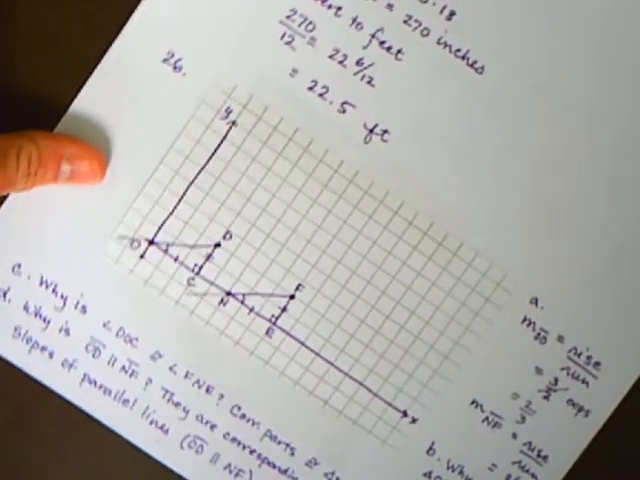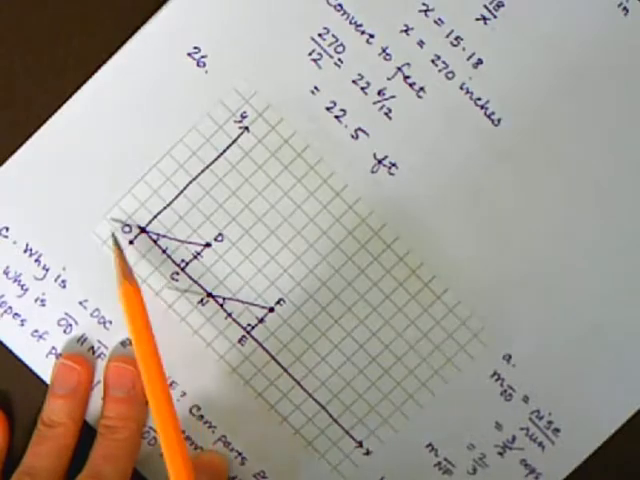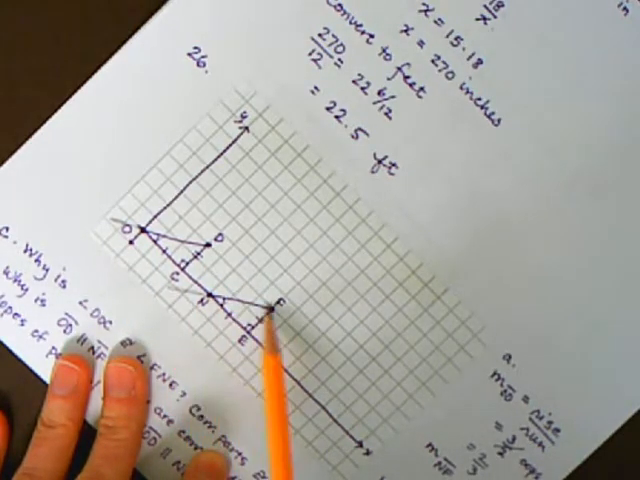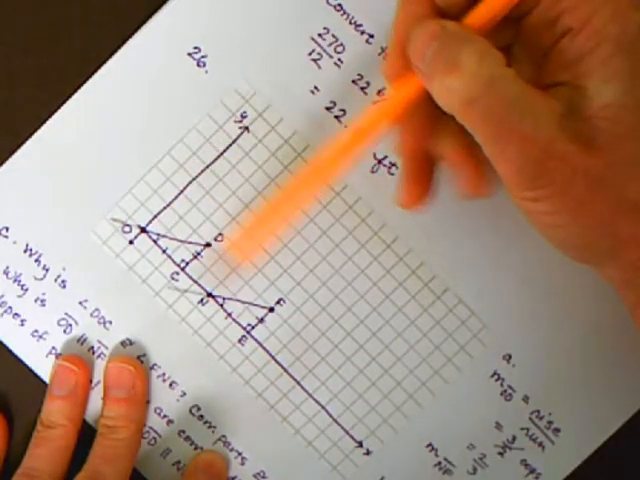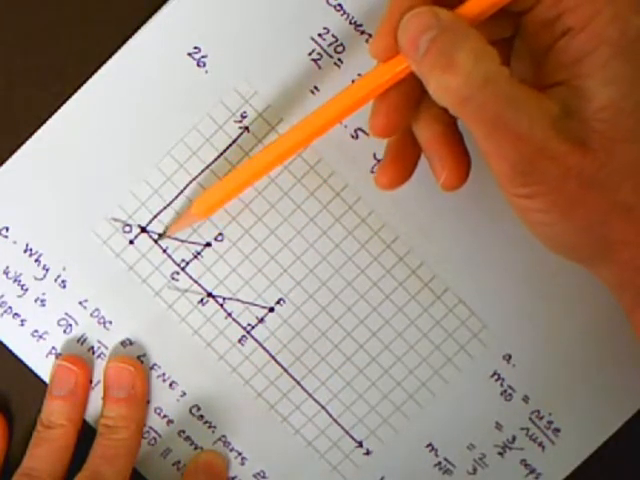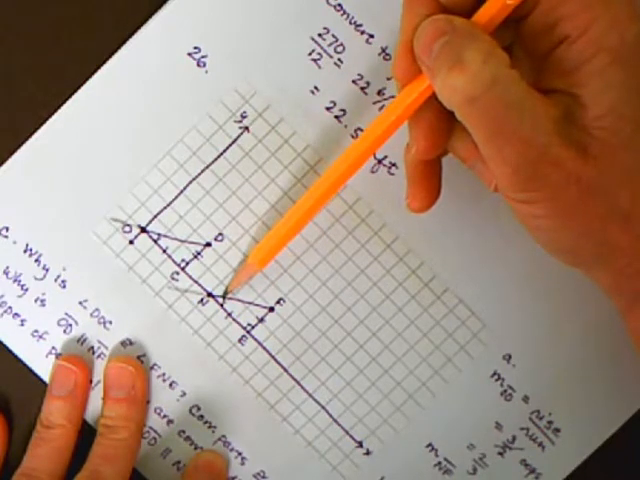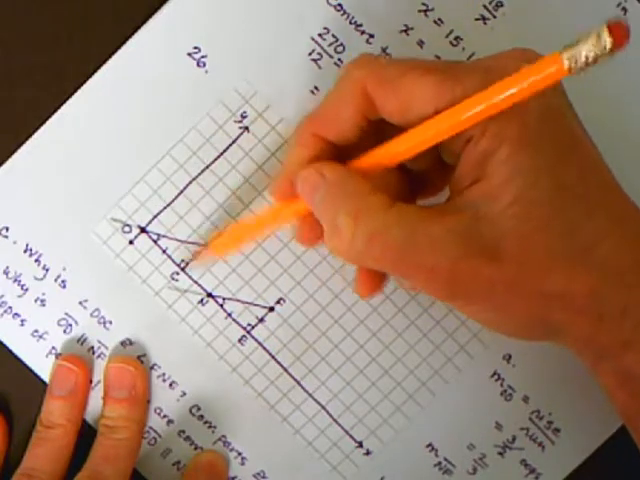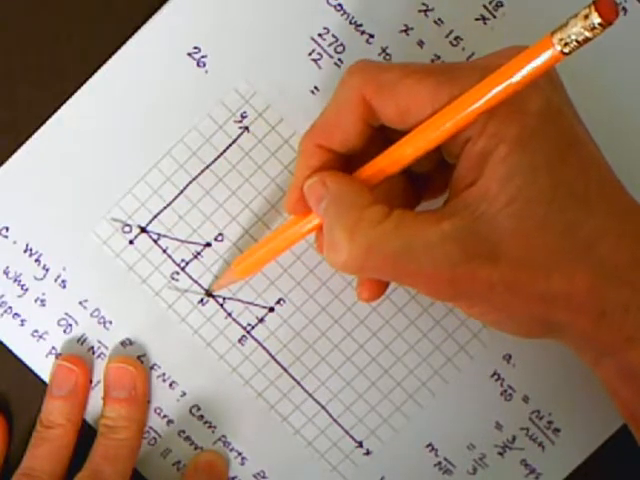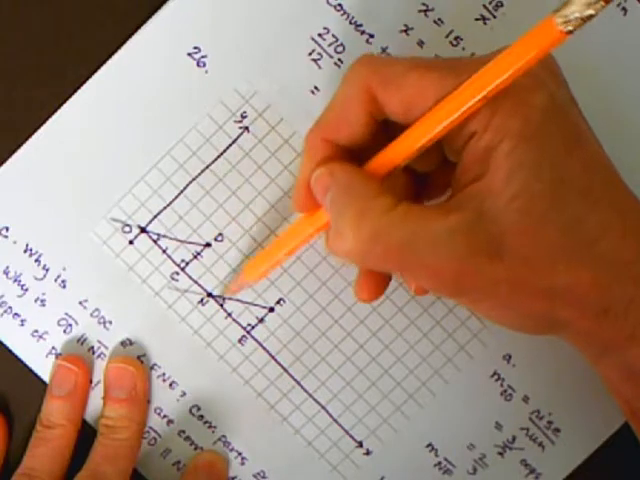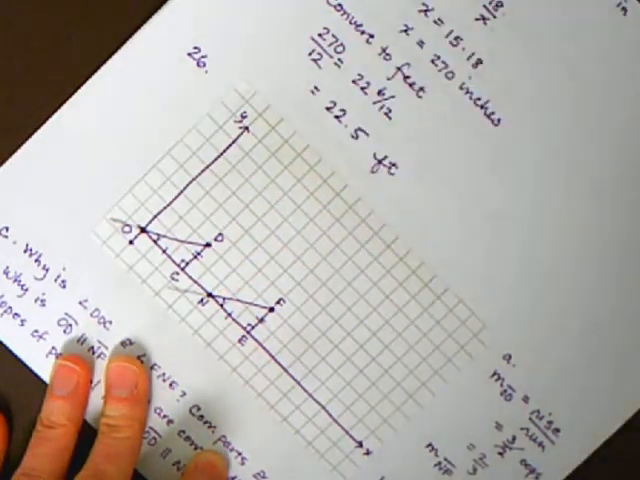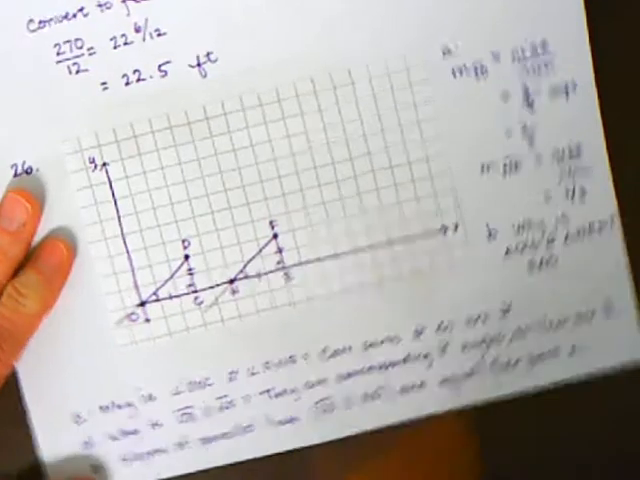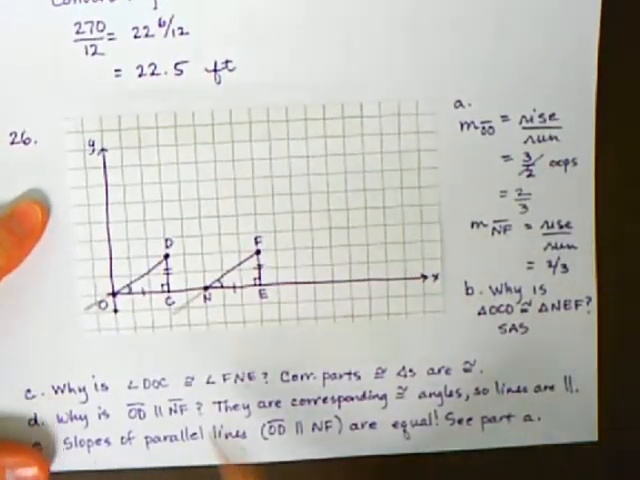I want to know why OD is congruent to NF. I'm going to turn this around just slightly so you can maybe see this a little bit better. Why is OD congruent to NF? Now take a look at these lines and think of this guy like the transversal. I'm looking at this angle here and this angle here. When OD and NF are your lines and ON is the transversal, you can see that these guys are corresponding angles. So the reason those two angles, DOC, is congruent to